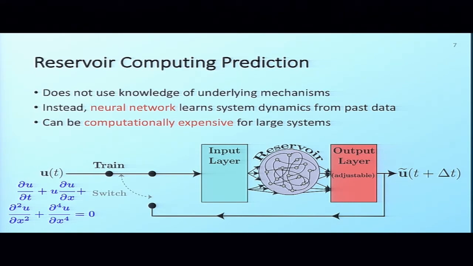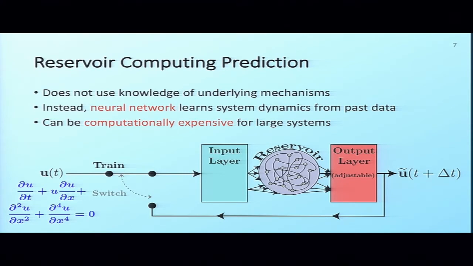We feed that into an input layer that is going to couple this into our reservoir computer, or our recurrent neural network. Once we do this for a lot of different states of our system, we're going to get a lot of different reservoir states from these reactions. And what we want to do is then adjust this output layer here such that we can map the state of our reservoir, using the output layer, to the next state of the system over here.